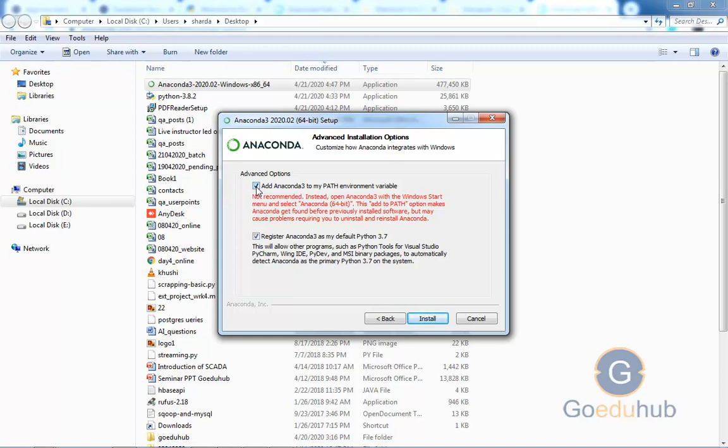Okay, and all will recognize your Anaconda command when you type. Okay, so I recommend you just select this one also. Select add Anaconda 3 to my path and then install, and it will install. It will take a few minutes, and after that Anaconda will be installed on your system. Okay,